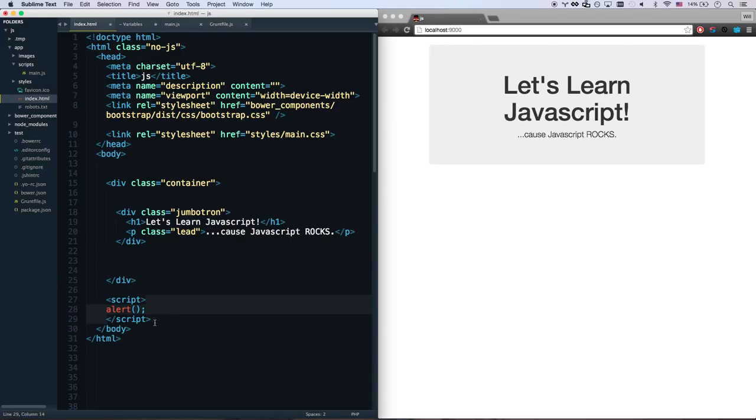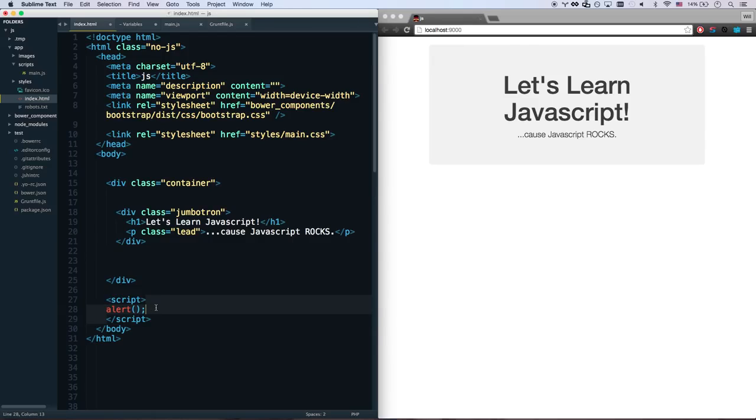And web developers have learned over the years that this creates a much faster feeling web page, and the user doesn't know any different. So we recommend that you always put your script tags at the bottom right before your closing body tag. There's almost never a reason that your script needs to go in the top up in the header. So the script tag is the first way of doing it,